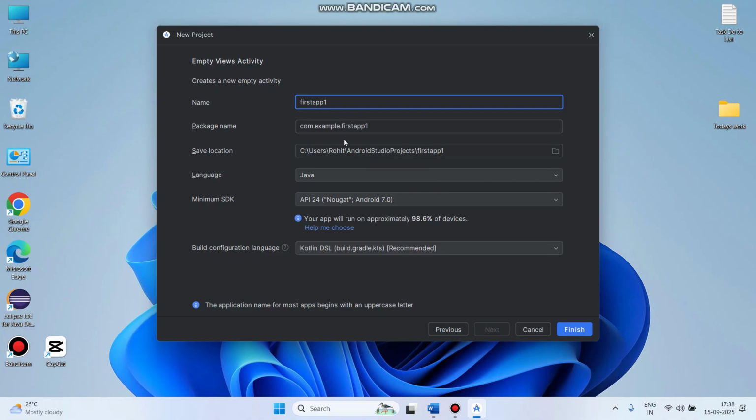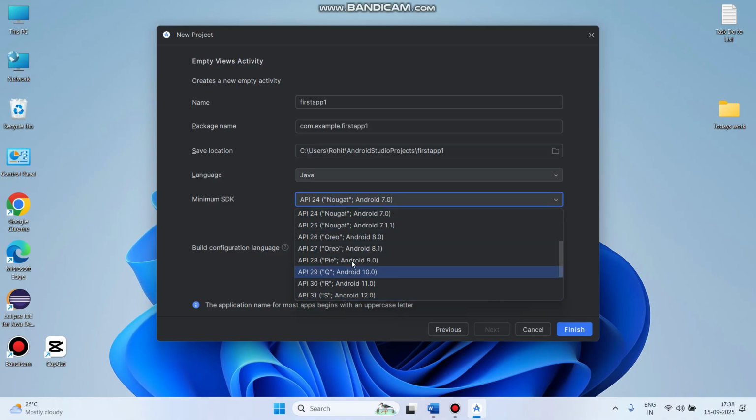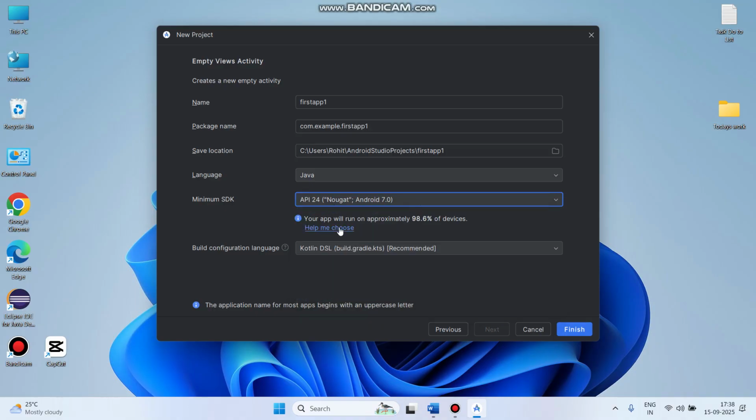So I'm writing that. The package name is already selected automatically. Location is also done. Right now, which programming language do you want to use? Basically we can use two programming languages: one is Java and another is Kotlin. But we didn't learn Kotlin previously, so that's why we are choosing the Java programming language. After that, SDK. SDK means what? It's a Software Development Kit you can use. There are different kits available. Now see, suppose right now if I